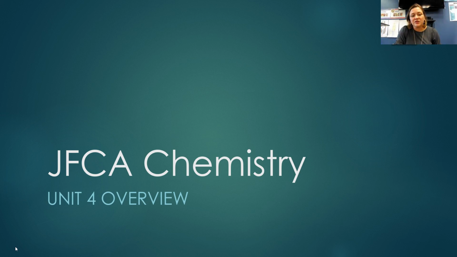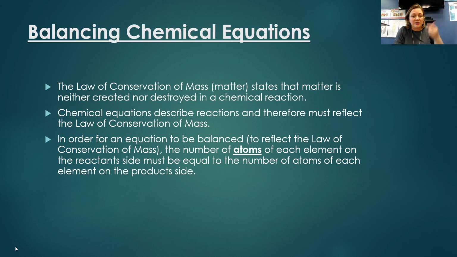because in this unit we're going to be looking at writing and balancing chemical equations as well as predicting products and figuring out the different types of reactions. When it comes to chemical equations and balancing them, we do have to take into consideration the law of conservation of mass, or the law of conservation of matter, which basically says we can't create or destroy